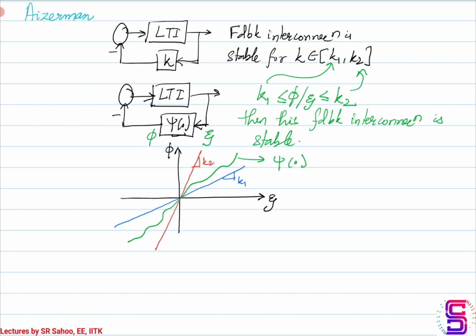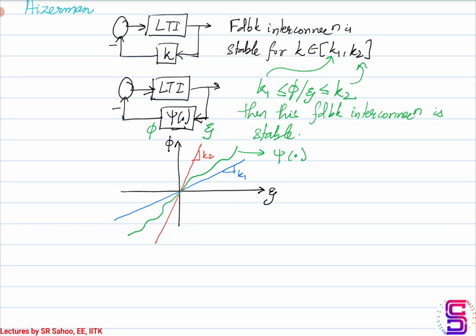So the green curve is representing the nonlinear relationship between the output phi and the input xi for the memoryless nonlinearity. And if the nonlinearity is such that phi by xi lies within k1 by k2, so this graphically means the lines with slope k1 and k2 are forming sectors. So if the characteristic curve representing this memoryless nonlinearity